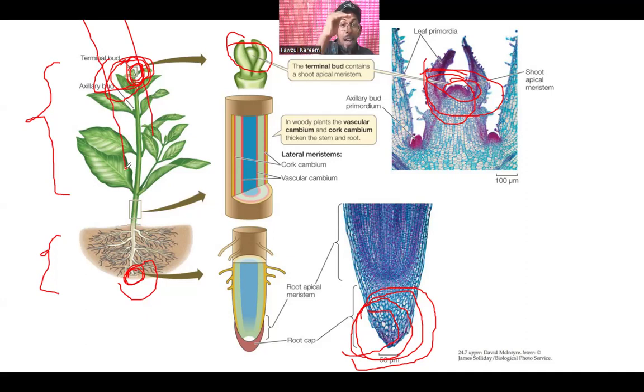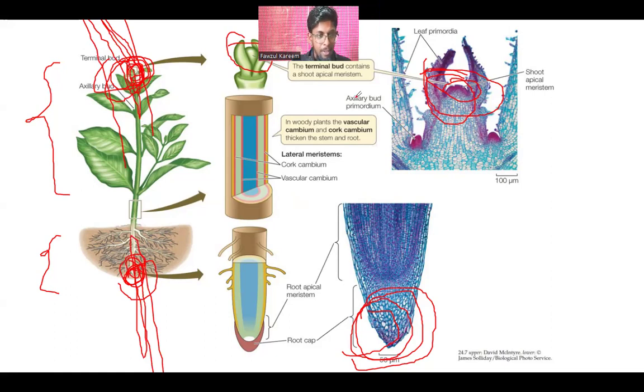That's why the height of the plant is increasing. What is the reason? Because of these meristematic tissues. They will produce new cells. So what will happen? They will grow like this. If they produce new cells here, the root will become larger. They will increase in height and in length. Is it clear?